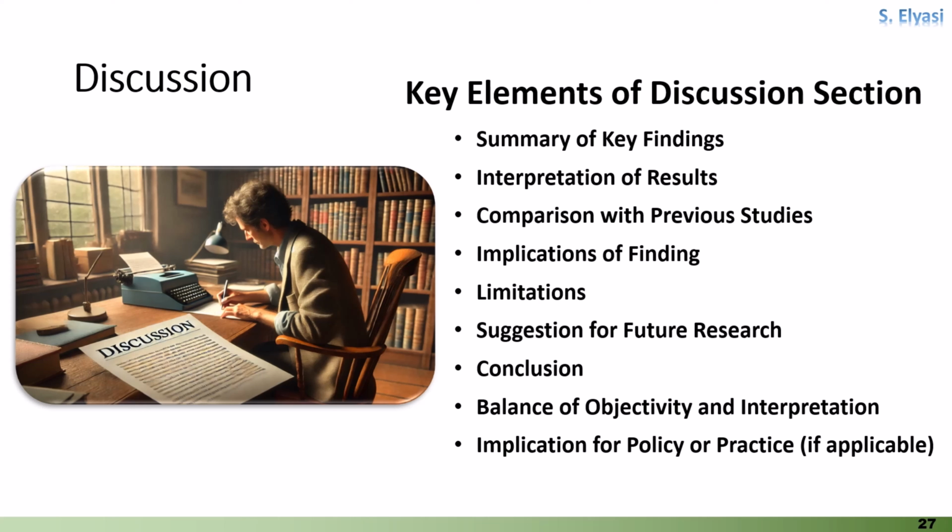Coherent structure is vital to ensure that the discussion flows logically and effectively. Begin by interpreting the key findings, followed by a comparison with existing literature to contextualize the results. Next, discuss the broader implications, acknowledge any limitations of the study, and conclude by suggesting directions for future research. Adopting this clear and organized structure enables readers to easily follow the argumentation and reflection, enhancing their understanding of the research and its significance. A well-structured discussion strengthens the overall impact of the study.